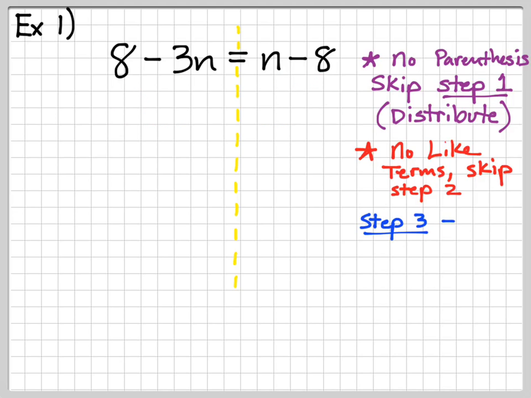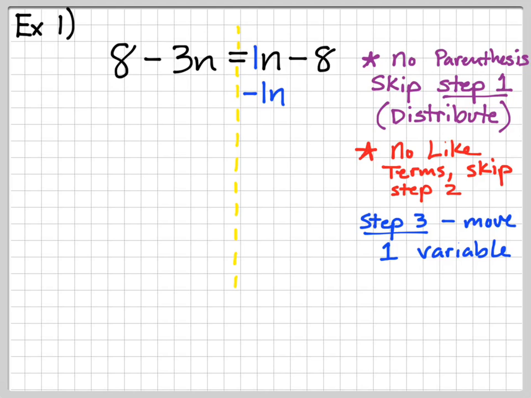Alright, we're on to step 3, which is the new step. We are going to move one of these variables. Now, one thing I want you to add is I want you to put a little 1 in front of that n. Again, if you don't know this already, if there's no number in front of the variable, we call that the coefficient, it's always going to be a 1. We just know it exists. Now, if I want to make that 1n disappear and move over to the left side of the equation, the way I make a positive 1n disappear is I subtract 1n, which would basically make a 0,